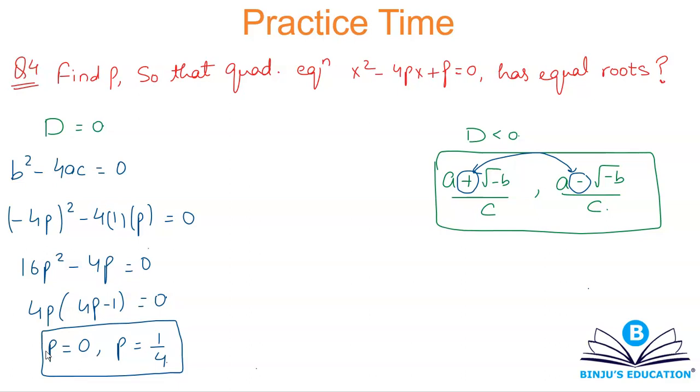So both of them satisfy, no doubt in that. If you put p equals 0, you get x square is equal to 0. That's also a quadratic equation. Your roots are 0 and 0. Or you can put p is equal to 1 by 4. In that case, you get the root, which is going to be half. So if this equation has equal roots, then the discriminant should be equal to 0. That is b square minus 4ac should be equal to 0. All right, let's move on.